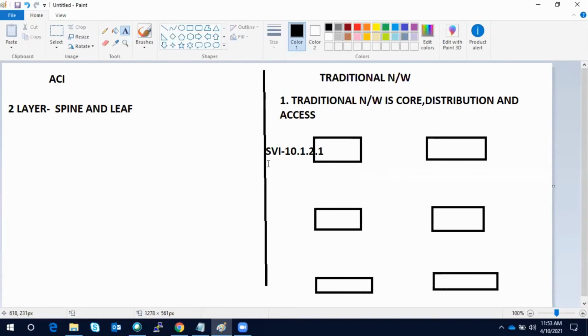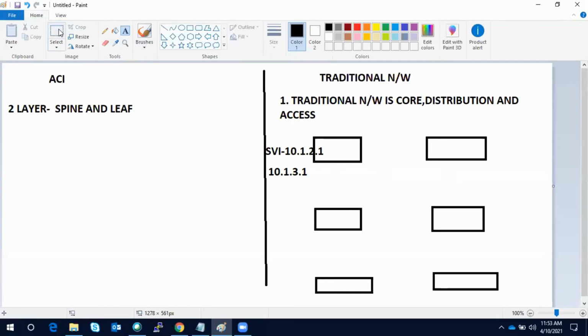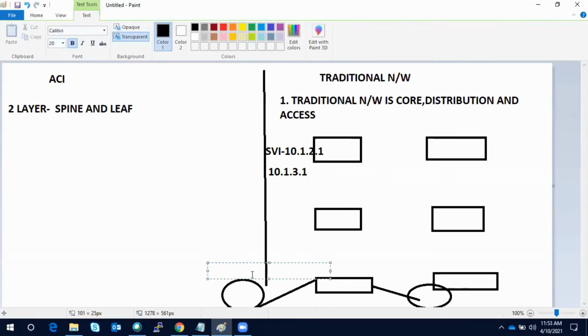So 10.1.2.1, and we also have SVI 10.1.3.1. There are two servers in the same access layer switch. This server is in the subnet 10.1.2, let's say 10.1.2.20, and this server is 10.1.3.20.